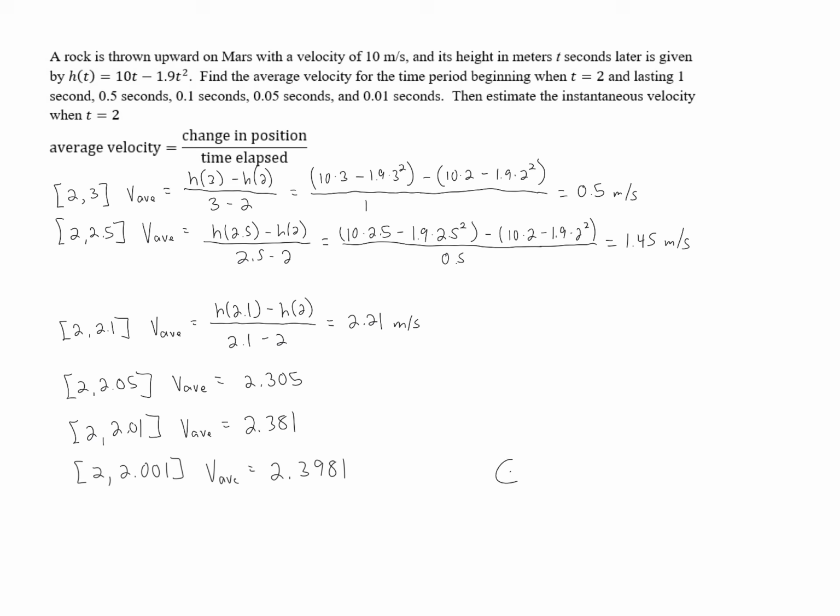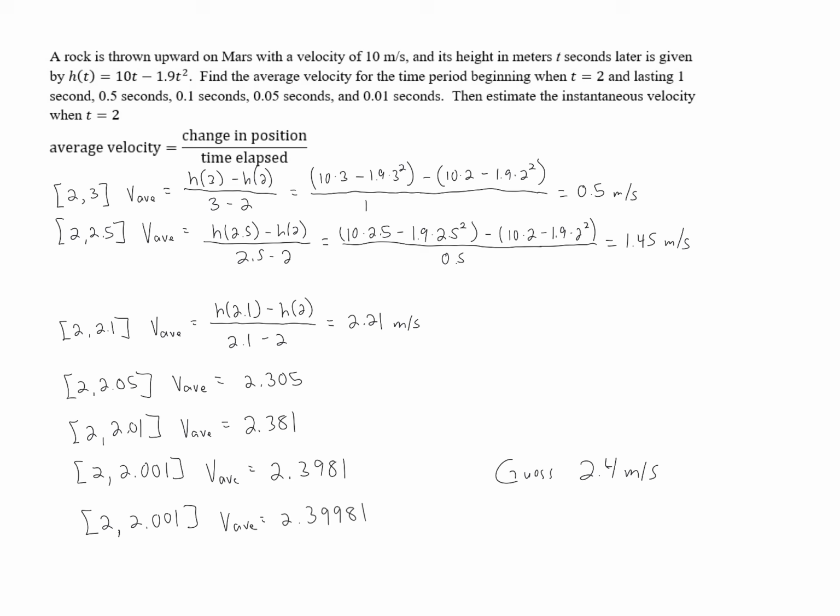I'm going to guess 2.4 meters per second. But I'm going to do one more calculation, adding in another 0 here. And when I plug all that into a calculator, I get